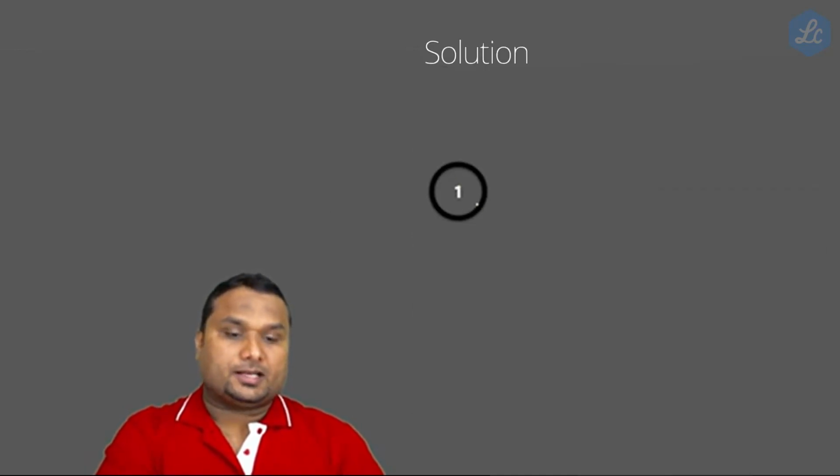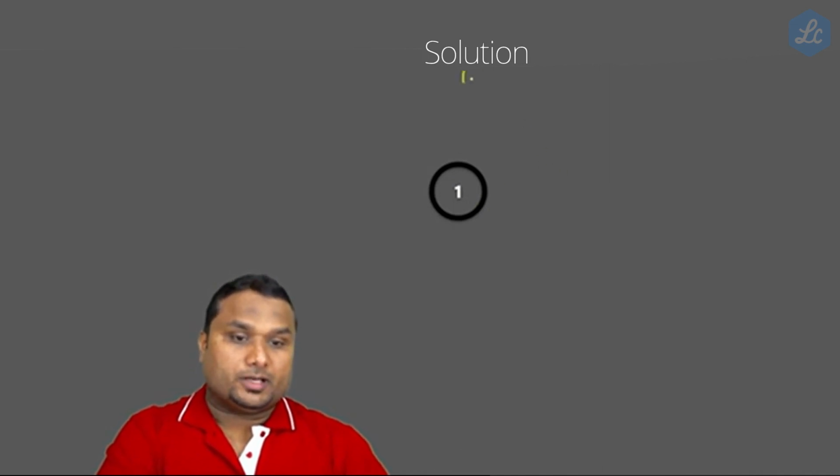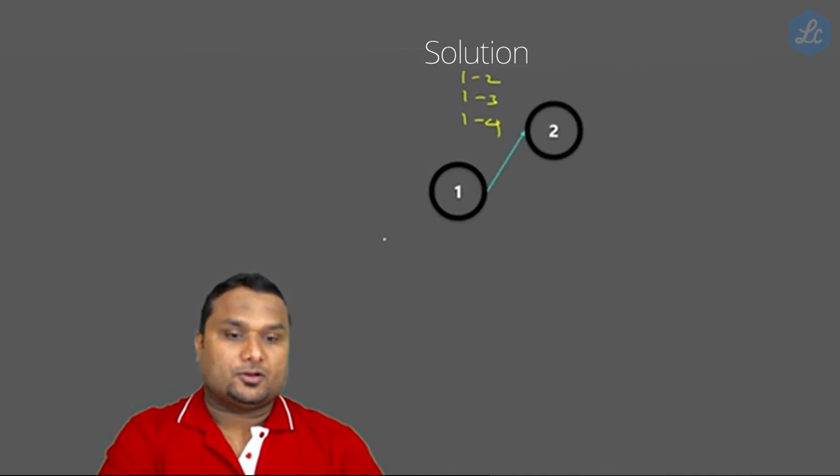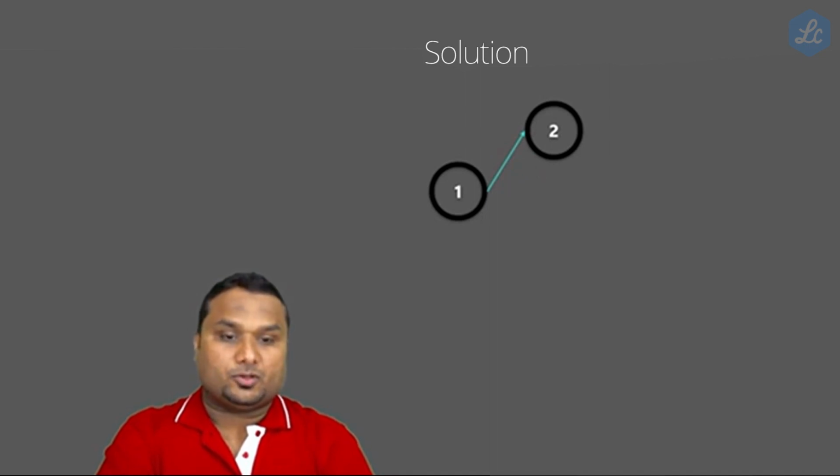now drawing starting from 1, look here: from 1 to 2 it is there, 1 to 3 it is there, 1 to 4 it is there. So this is how we can draw 1 to 2, then 1 to 3. And what is the time of 1 to 2? Check the time of 1 to 2. It is 2. Please check the time.